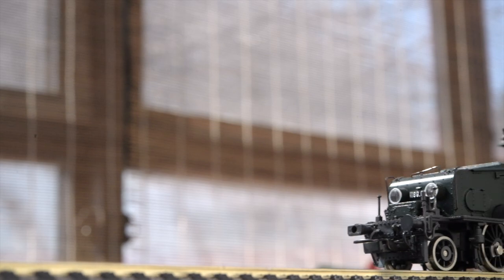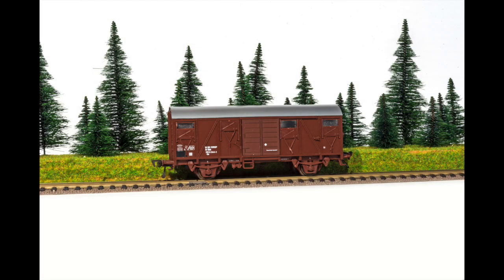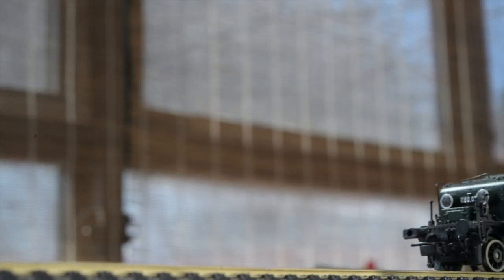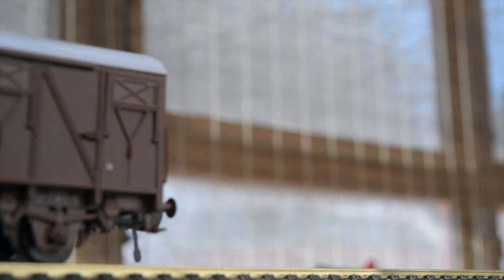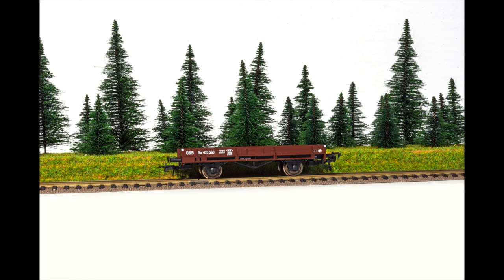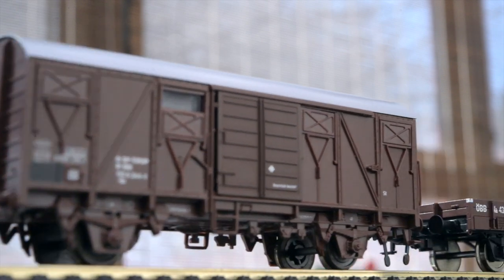We're going to pull a mixture of different nationalities of freight, just to give you an idea of what this was like in the time that it was born, so to speak. We're going to have a lot of ÖBB stock, a couple low side open goods wagons, some closed goods wagons. We're going to have French open goods wagons, old Deutsche Reichsbahn closed goods wagon and a high side open wagon, a Belgian open goods wagon,